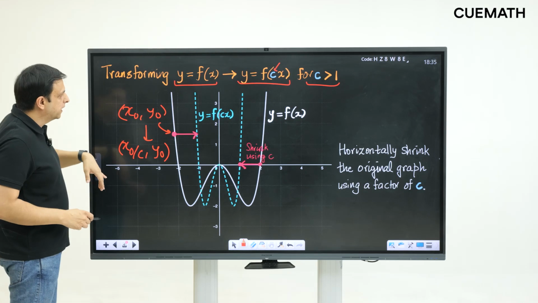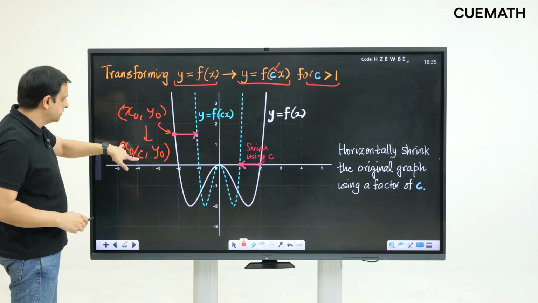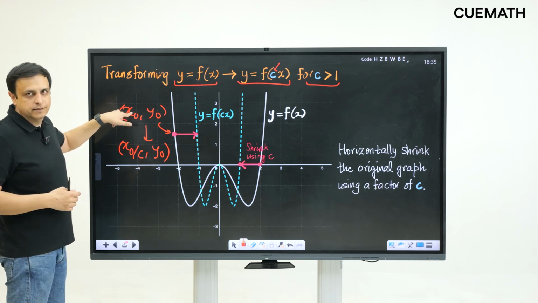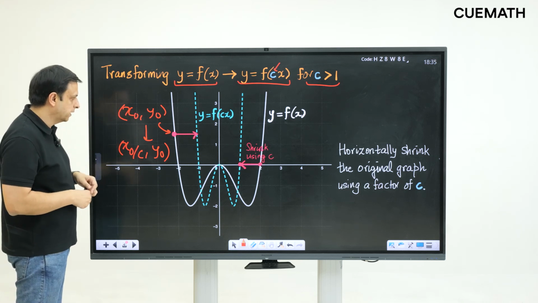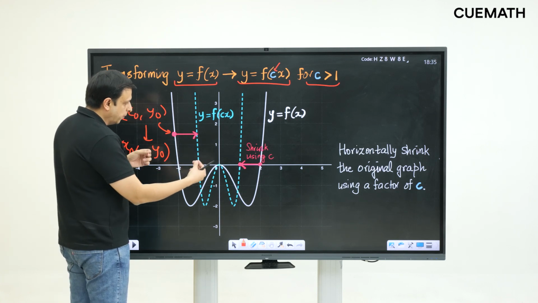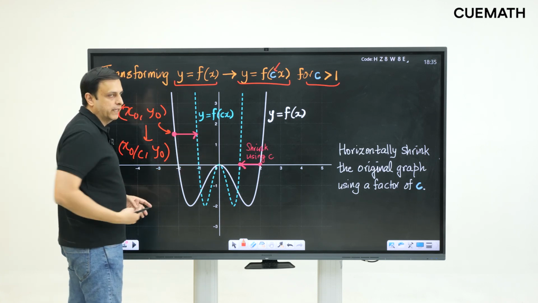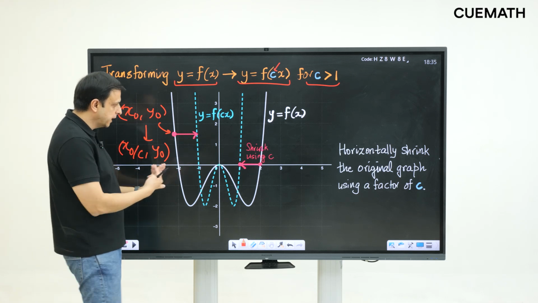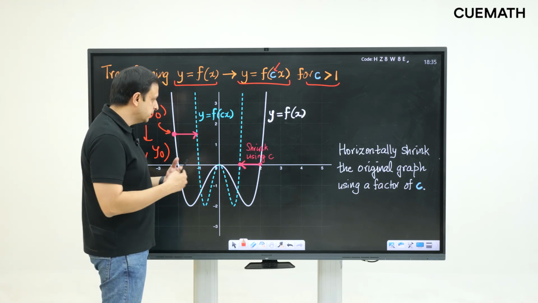If c is greater than 1, then x naught by c will have an absolute value smaller than the absolute value of the original x coordinate, and therefore your transformed points will be closer to the y axis. Their x coordinates will be smaller in size, and that's why there's a shrinking